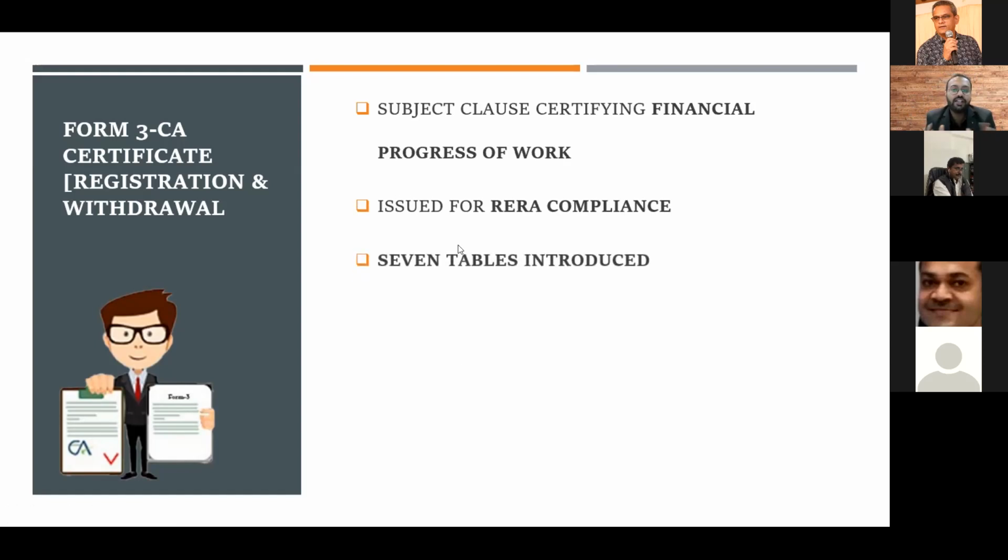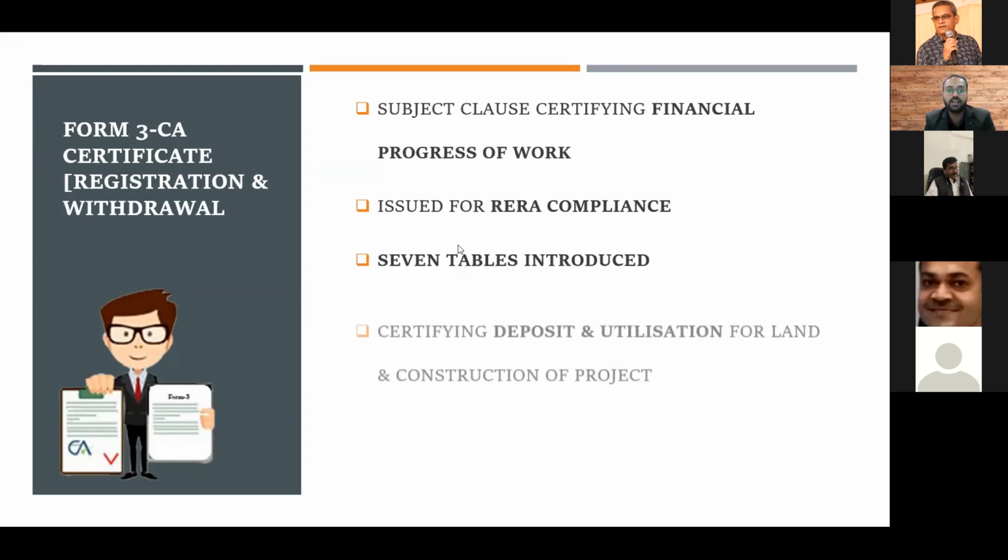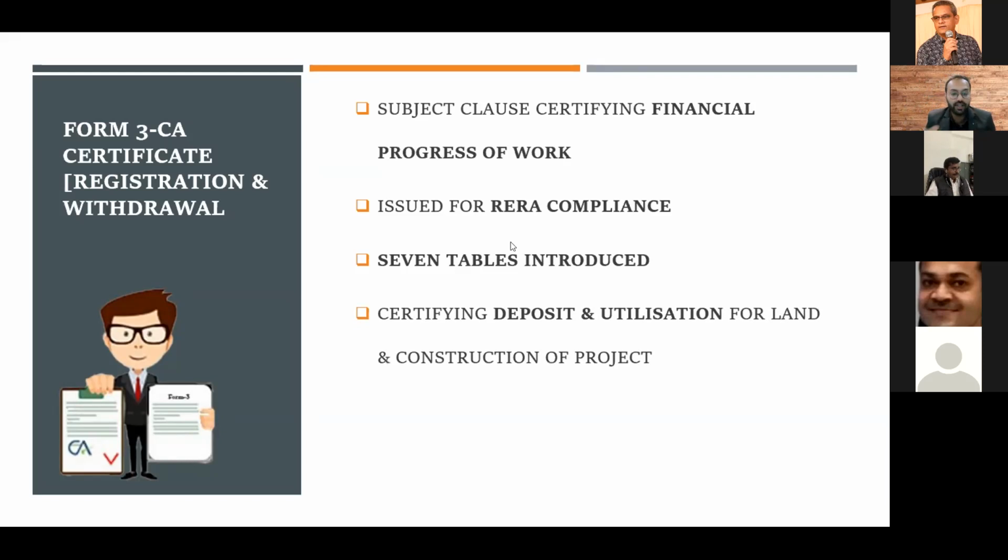In the certificate 7 tables are introduced. Earlier only estimated actual हमारा side by side comparison था, or directly certification management responsibility line, and we used to sign it, और उसमें annexure थे. But अब totally they have classified right from table A, and we have 7 tables in this particular certificate. So what we are certifying is the deposit and utilization also. So पहले हम लोग सिर्फ estimated cost and land cost certify करते थे, अब हम लोग को deposit और उसका utilization ये भी हम लोग को certify करना है. So this is an additional liability inserted.